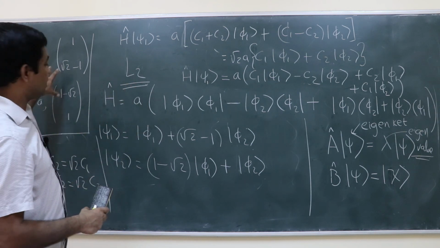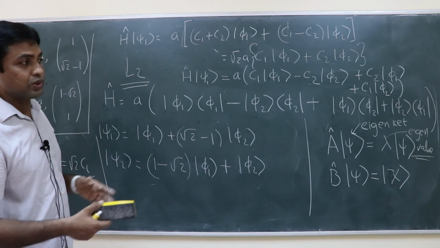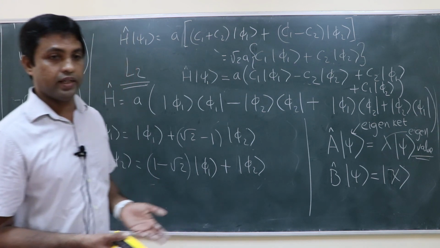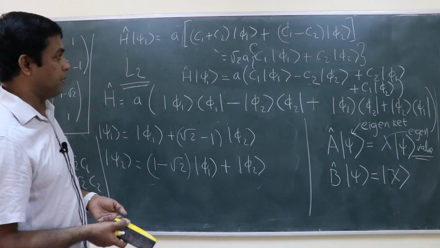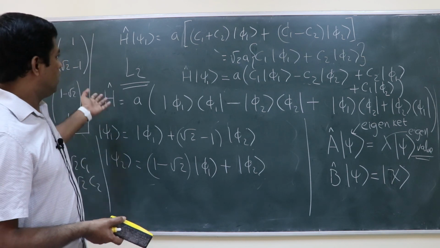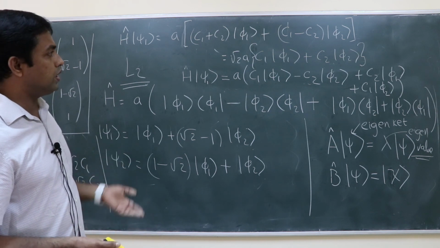So even if the matrix is infinite dimensional, you can actually truncate it at some point, because you know more than a 3 by 3 matrix is very hard to do analytically, using pen and paper. So you have to get into the computer. So for infinite dimensions, you can truncate it at some matrix size at which it converges, then you can find the eigenvalues and eigenvectors.